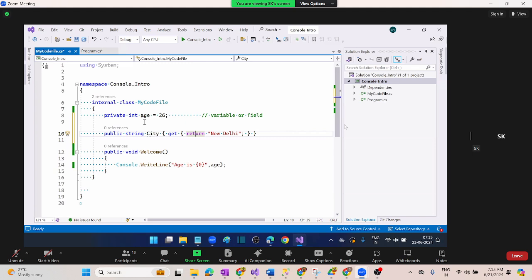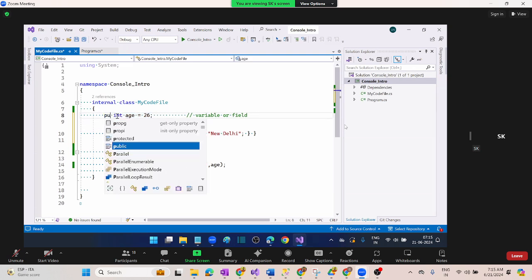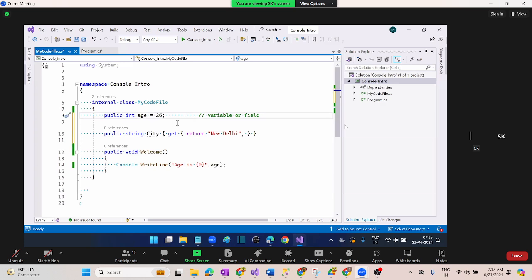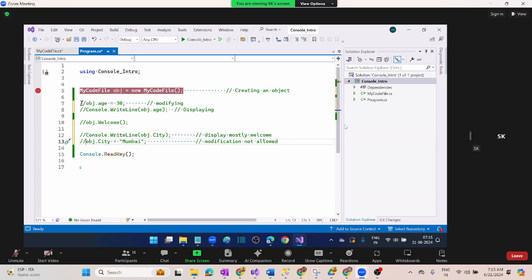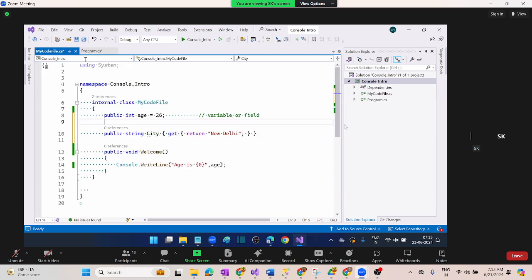No. Main agenda is variable versus property. What scope of work the variable has and what scope of work the property has. If you see line number 8 is my variable, right? I will repeat it again. When I make it public, both are allowed. Understand this point. You can display also, you can modify also. Point number 1. Point number 2, when I made it private,